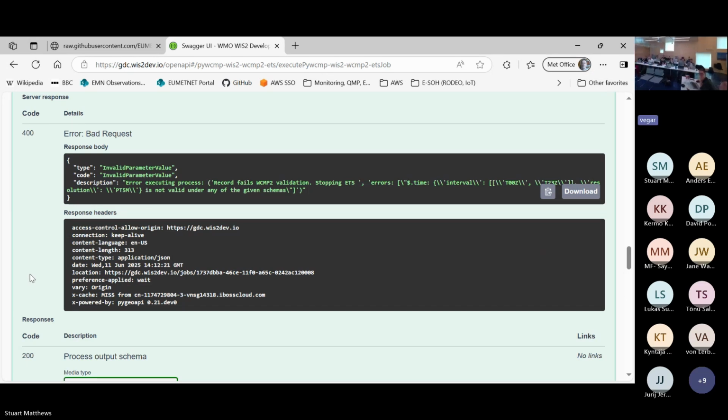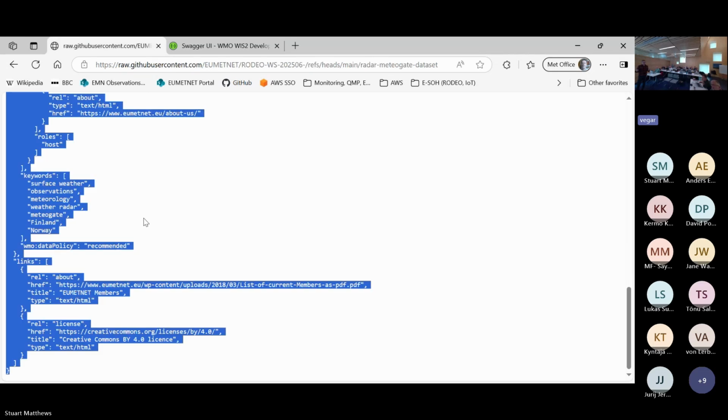Yeah, so it doesn't like your time interval. And your resolution of PT5M isn't valid either. That's strange, it should be. Okay, so maybe I'm not quite sure how the validator is working. Just for the sake of argument, if you go and edit it to use a full time string,